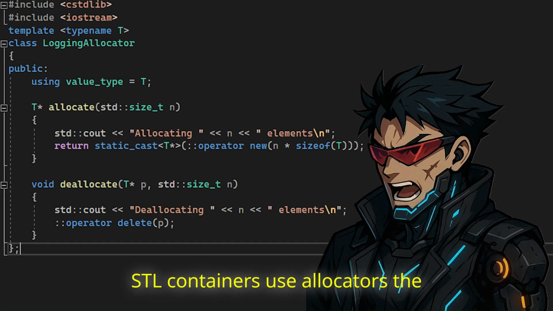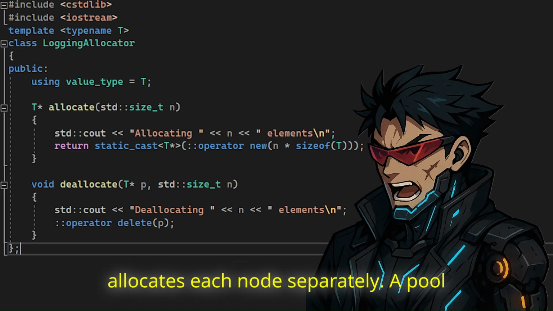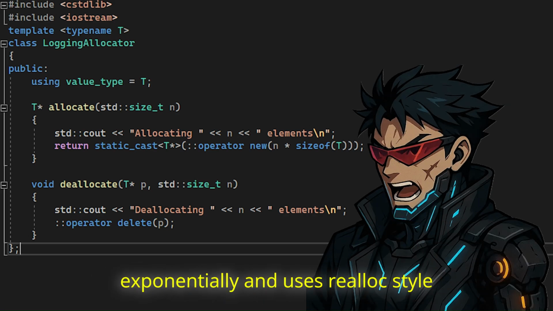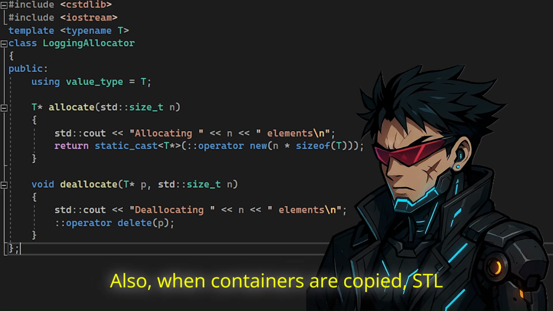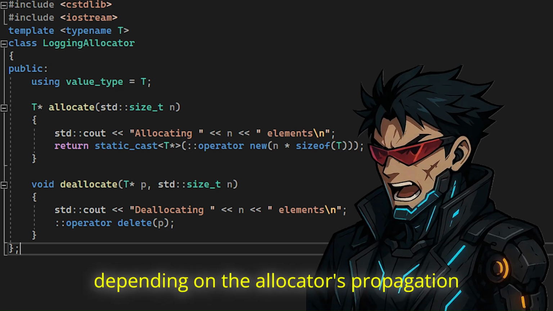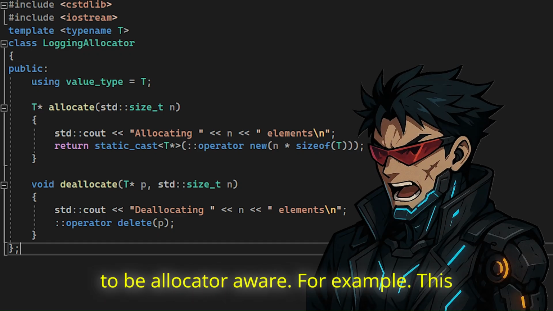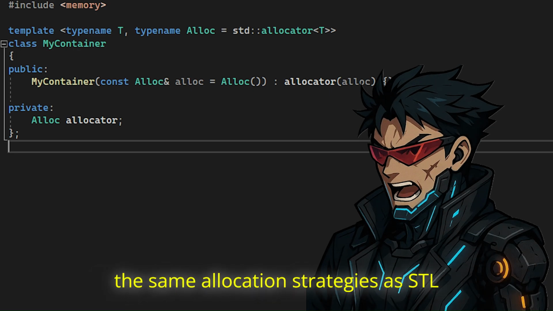Important to note, not all STL containers use allocators the same way. For example, std::list allocates each node separately. A pool allocator makes a huge difference here, but std::vector grows its capacity exponentially and uses realloc style behavior. Allocator efficiency may vary. Also, when containers are copied, STL may copy or rebind the allocator depending on the allocator's propagation traits, especially in C++11 and later. You can write your own classes to be allocator aware. For example, this way your custom types can benefit from the same allocation